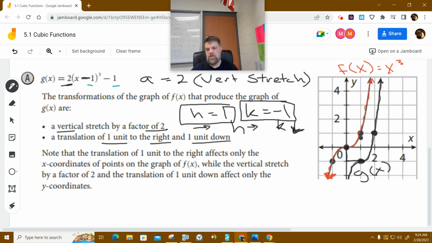Now, technically, there should be a point right here, but because we stretched it vertically, see how that changed it? And so this point here is actually going to be down here because we stretched it vertically by a factor of 2. Does that make sense? Okay. So now